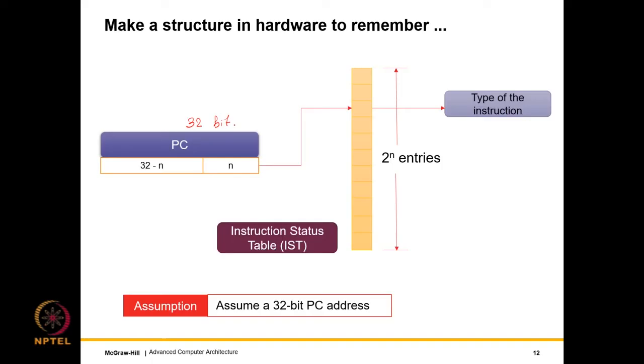Also, one more thing in modern processors is that program counters are typically aligned to 4-byte boundaries, in the sense that they cannot take an arbitrary value, but they typically take values 0, 4, 8, 12, 16 and so on. So this is the case, but we will not use this assumption. Well, why?